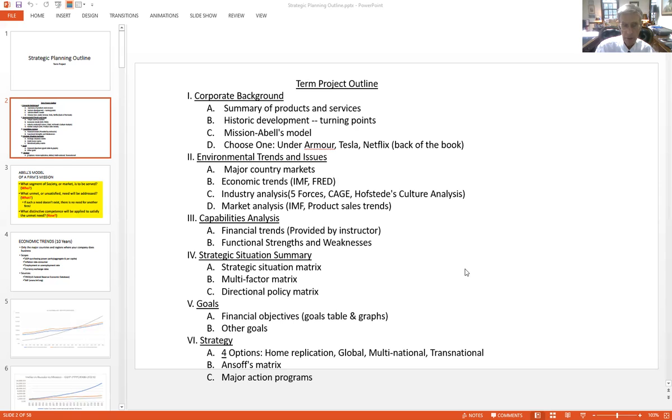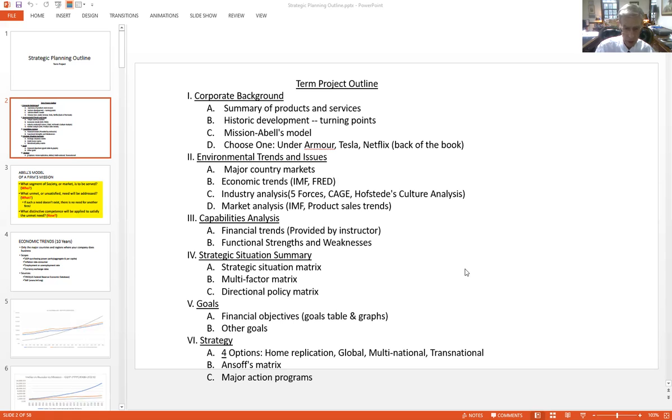So perhaps we have an objective to achieve a certain market share, or to be a technology leader, or a leader in one particular market segment, perhaps one geographic market, and so forth. So standards for success certainly include financial measures, but they are not limited to financial measures, and they can include